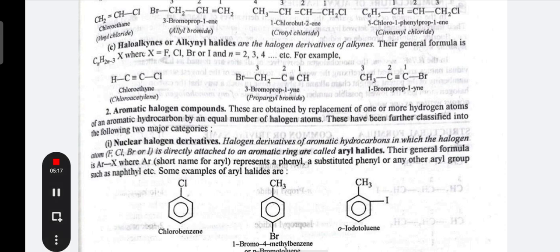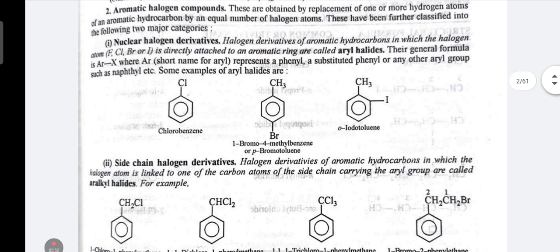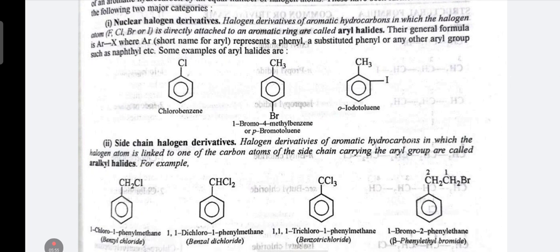Halogen derivatives of aromatic hydrocarbons in which the halogen atom, fluorine, chlorine, bromine, is directly attached to an aromatic ring are known as aryl halides. Their general formula is Ar-X, where Ar is a short name of aryl, represented as phenyl, a substituted phenyl or other aryl group such as naphthyl, etc. Some examples of aryl halide: chlorobenzene, 1-bromo-4-methylbenzene,